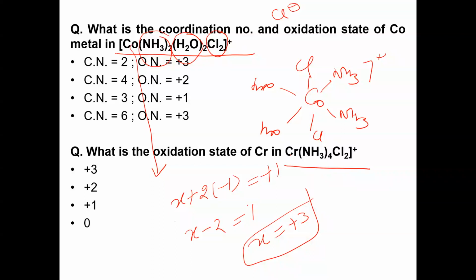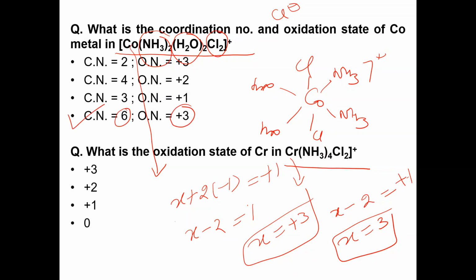And similarly here, x minus 2 equal to 1, x equal to plus 3. Okay, and what about the coordination number? Basically you can see the number of ligands is here 6, 2 ammonia molecules, 2 water molecules, and 2 chloride ions. So the coordination number is 6 and oxidation number is plus 3. And similarly here